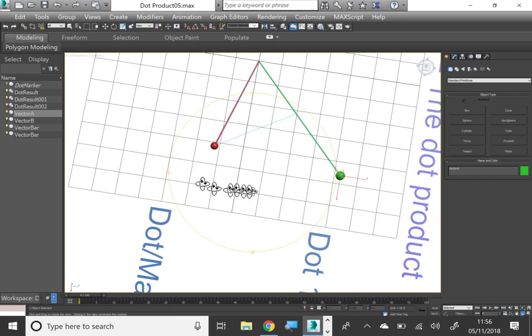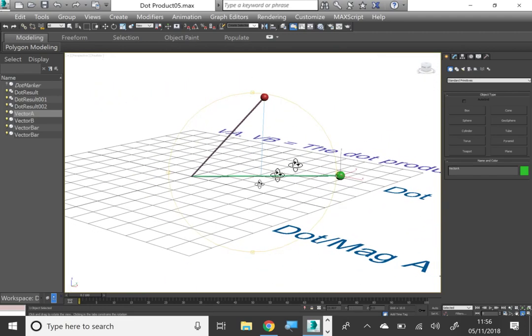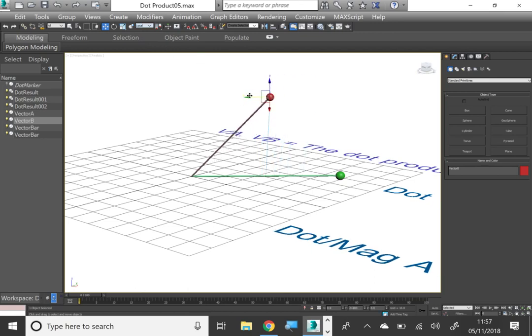Given the fact that I am moving this vector, let me switch it to local. Again, whenever I am going to move this along its local space,